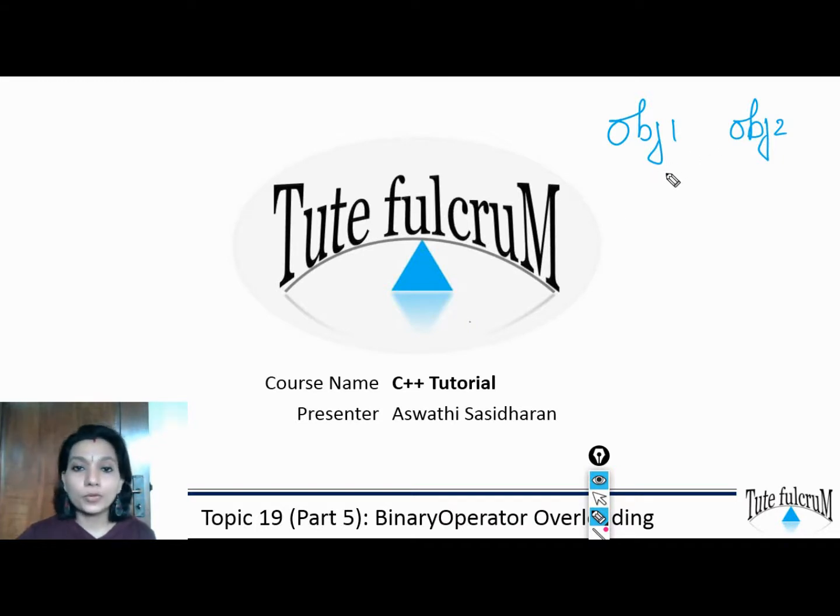Let's say we are going to perform the addition of the same. So we are trying to do obj1 plus obj2. So we are trying to overload this plus operator.